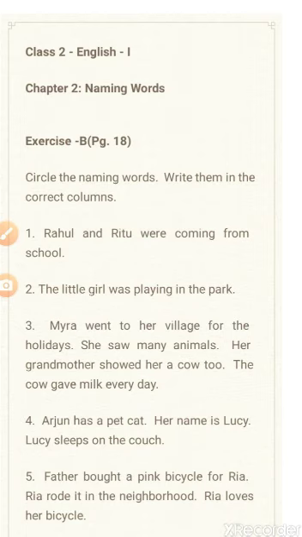Question number 5, we circled father, bicycle, Ria, neighborhood, Ria and bicycle. So these are the words which we circled and we have put them in the correct column according to the naming of people, animal, place or thing. I hope you have understood this exercise well and do it neatly in your copy by writing all these questions, circling it and making a column below it with the same headings that's given in your